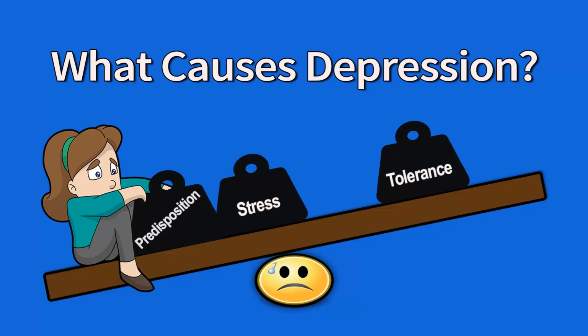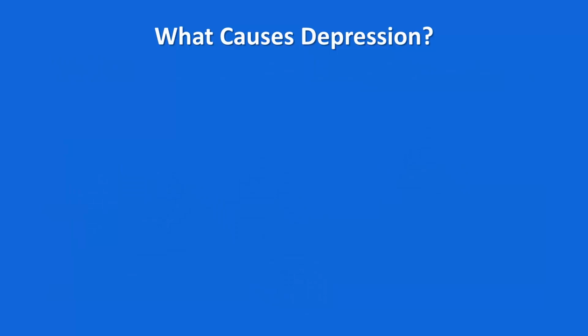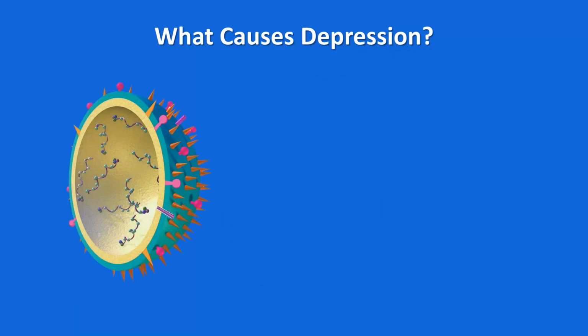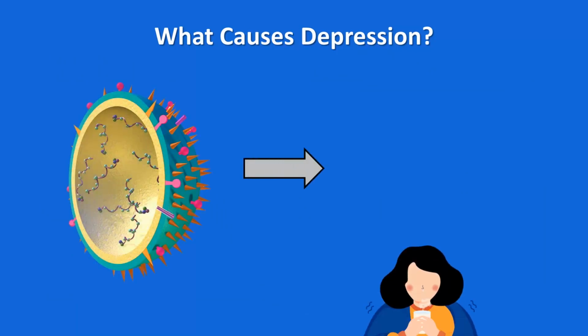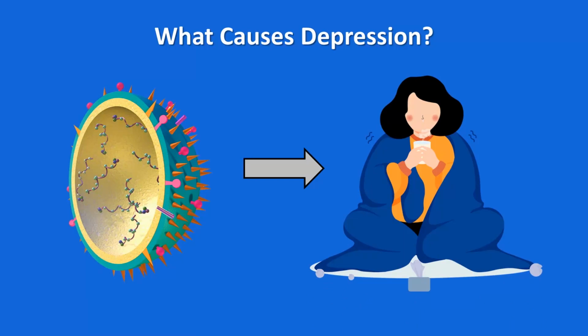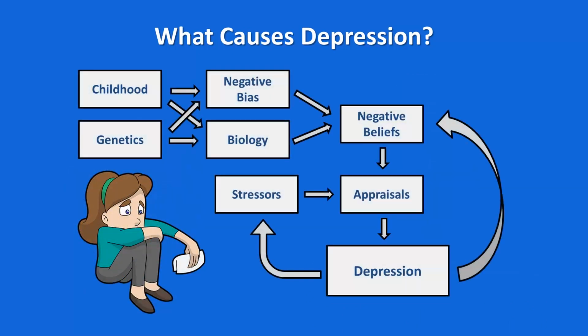What causes depression, and how do we become depressed? Well, we don't know exactly what causes depression, in the way we know that, for example, the influenza virus causes the flu. But we're going to learn a model of depression and how depression comes about, and then see what we can take away from this model that can help us treat depression and make it less likely that we become depressed.